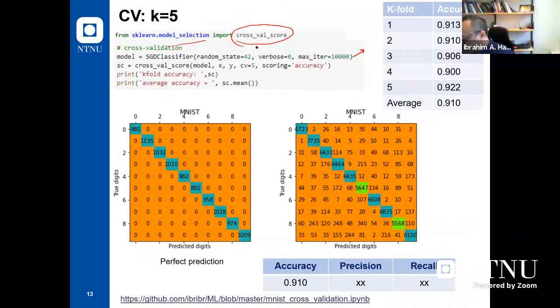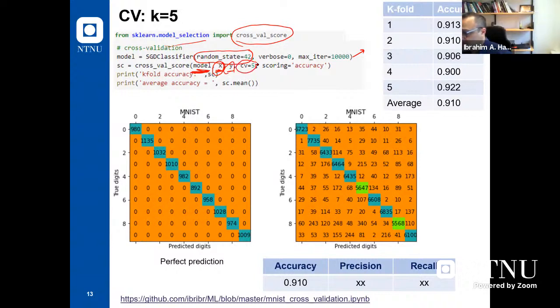and this random state we define because each time I want to have the same initial values, since I will use this model several times. Each time I want to get the same random values, initializing my weights with the same random values. After that, I will use this cross validation score. The input to this will be my model and my whole data set. We don't need to divide it. So I need X and Y, where X are the input features and Y are the labels or target,